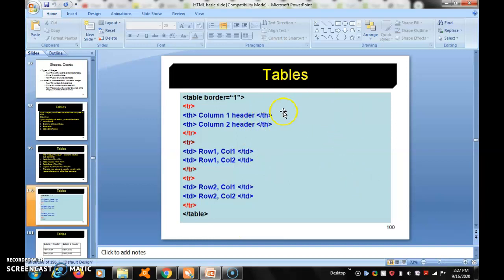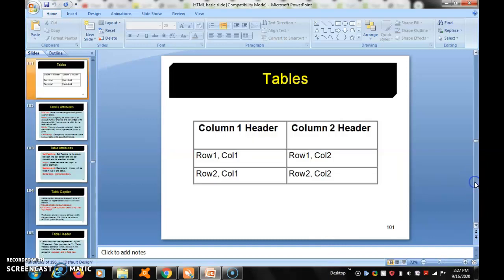Likewise, column 1, column 2, row 1, column 1, row 2, column 2. So here you see the table: column 1 header, row 1 column 1, row 2 column 1; column 2 header, row 1 column 2, row 2 column 2. It is the output of the previous HTML code.